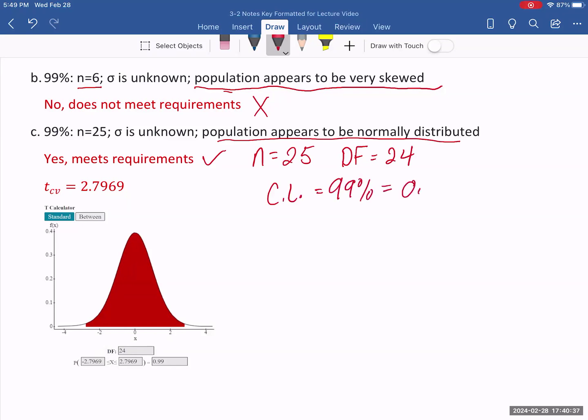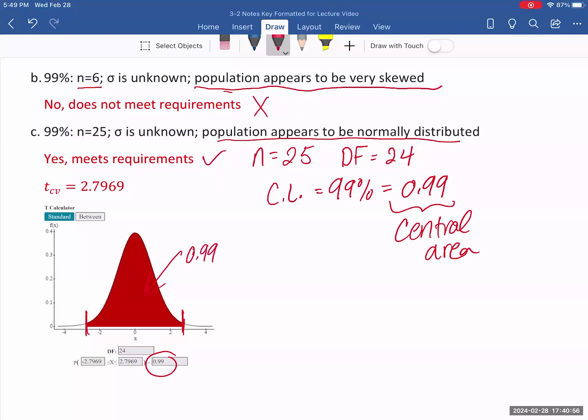And then the confidence level is 99%, which would be 0.99 area. And you can see on the picture that you have put in 0.99 as the central area in a between problem, and we have degrees of freedom of 24. And so that central area there is 0.99. And so I should get a critical value of